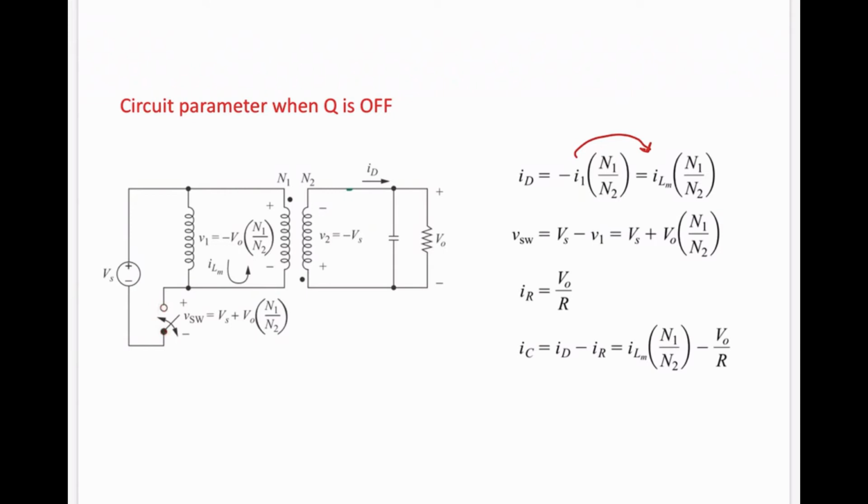And what is the load current at this point? This is IR, that will be equal to the voltage across your load, let's suppose that is V0, divided by the load resistance R. So that you can represent with this equation. And now what will be the capacitor current? The capacitor current will be equal to the current coming from the diode. So we need to calculate this capacitor current. From the diode current, if I subtract the load current, so diode current is this one, load current is this one, you can find out the capacitor current when your switch is in the off state.